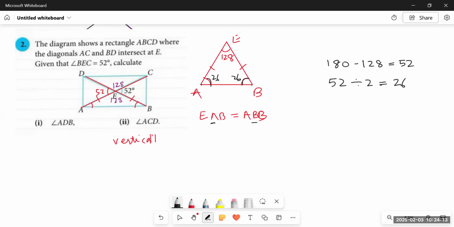In the same way, we can find all of the remaining angles. So if these two angles are 26, it means these two angles would also be 26. And now we just have to find out the remaining angles. So we can find it out by using any properties. That is, the property of complementary angles would also be applied over here.